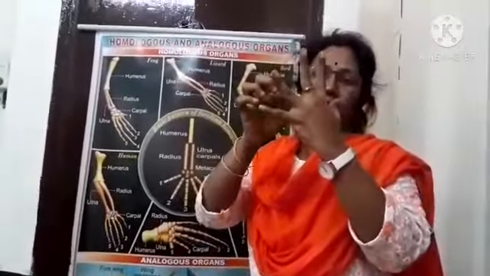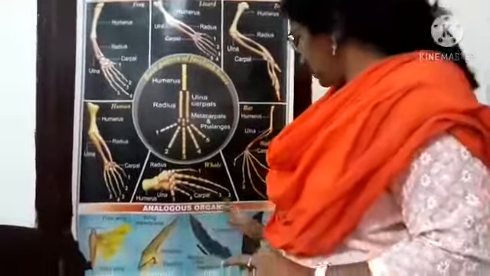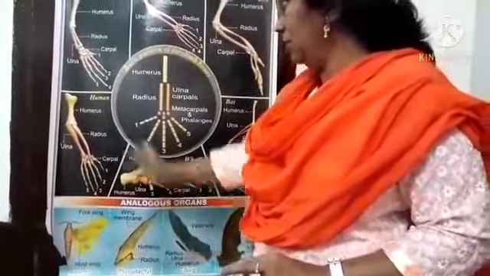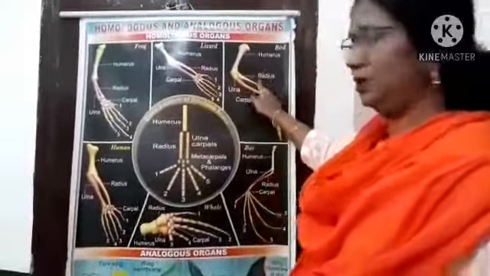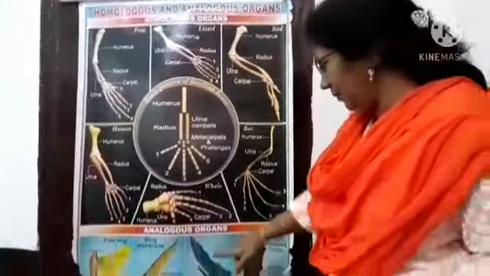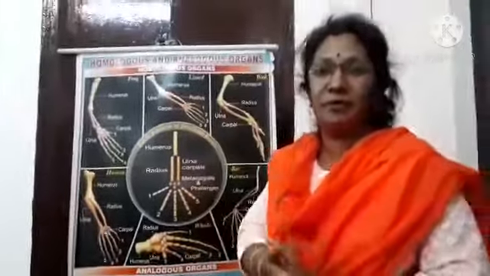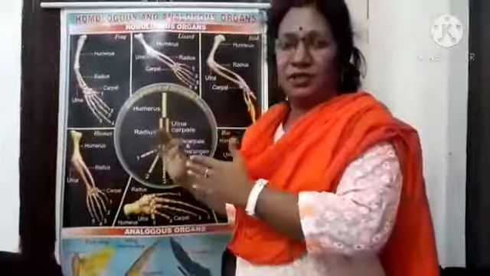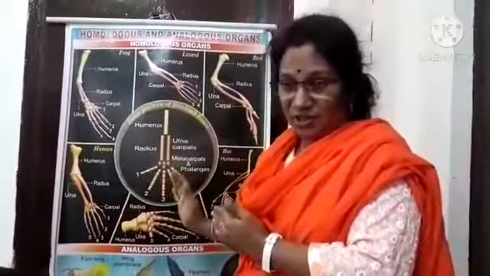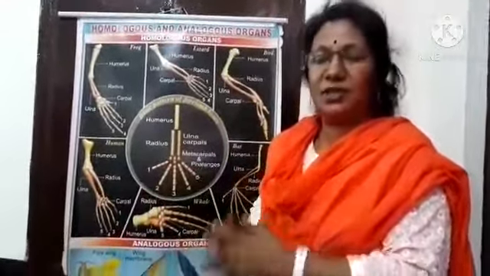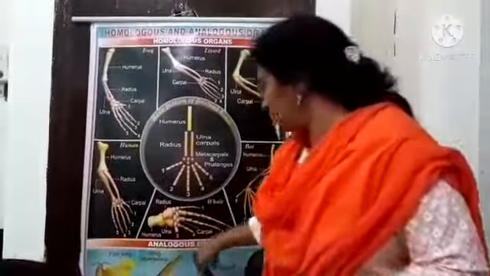We have skin folding in between, no? That folding is more in a bat. So that is called a patagium. And the bird is different, the pterodactyl is different, and the insect. The insect wing is made up of a material called chitin. So only the function is similar but the structure is different. Such organs are called analogous organs.